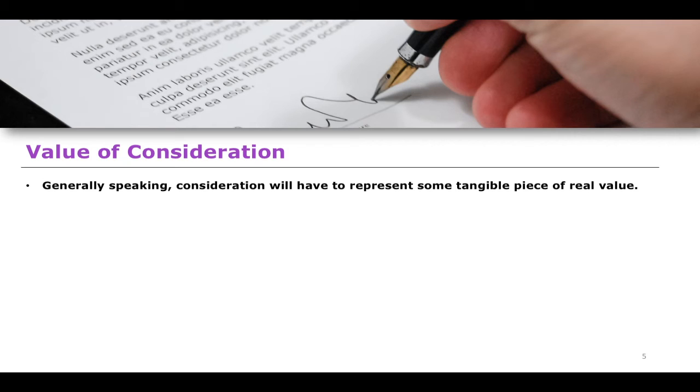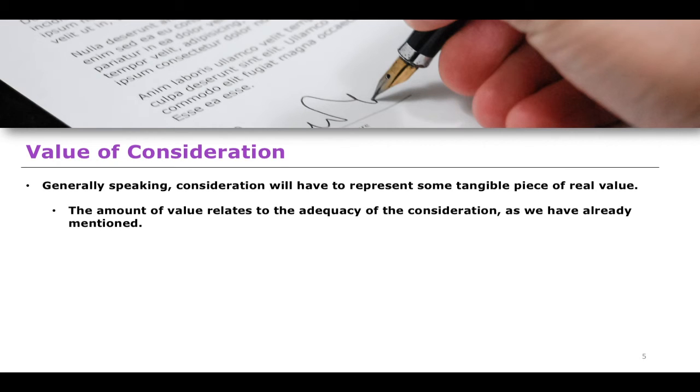Similarly, £1 a year in rent, again, isn't a fair deal, but it is still real value. A pound is still something of real value. It's tangible, okay? The amount of value relates to the adequacy of the consideration. And so really the question of how much value we are adding or how much value we are giving in terms of consideration is a question of adequacy, which, as we've noted, is not relevant for the purposes of just